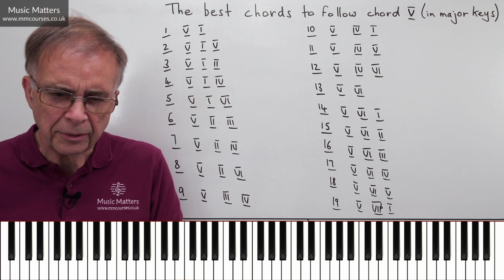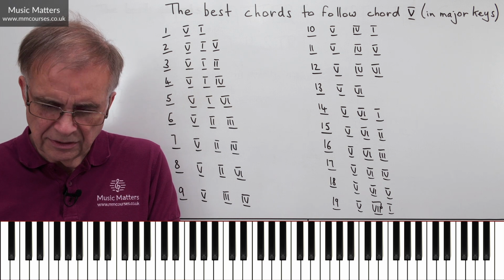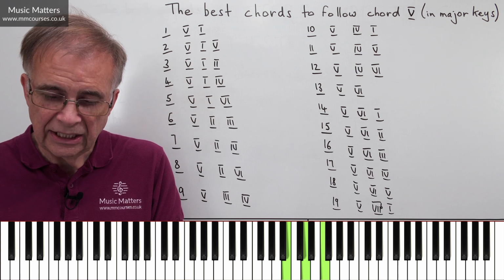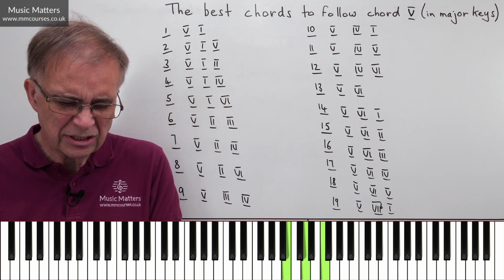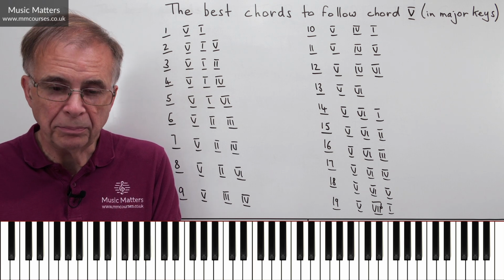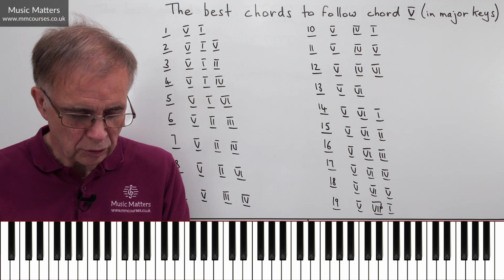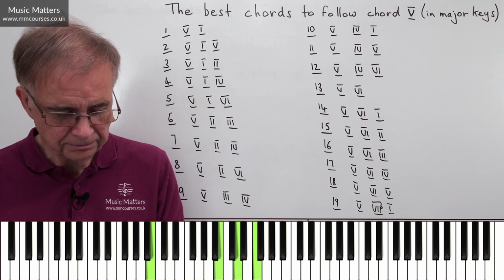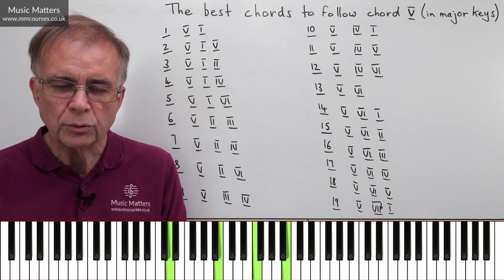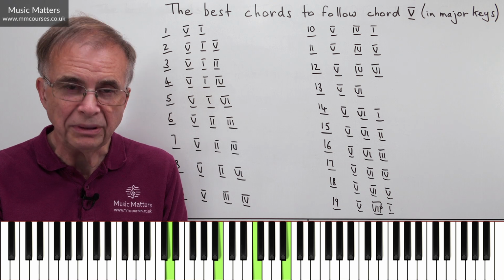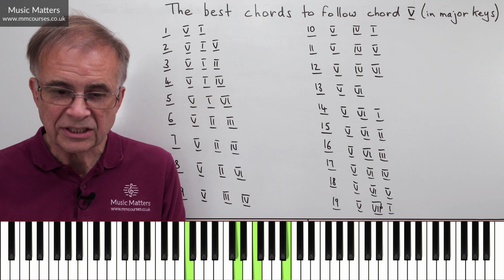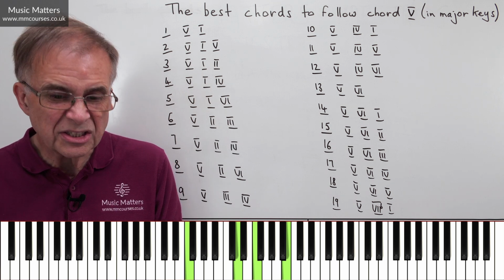Okay, let's think about this for a moment. Chord 7 is B, D, F. Chord 7 in a major key is a diminished chord, and it sounds slightly ugly if you use it in its root position, in other words with that B at the bottom. If I put the third of the chord at the bottom, that's D, it's what we call first inversion, that's what the B means. If I put F at the bottom, the fifth of the chord, it's now in second inversion, so that would be a C.